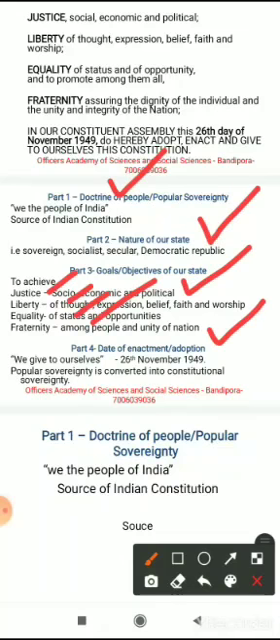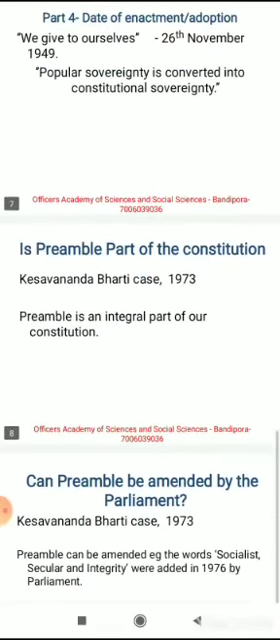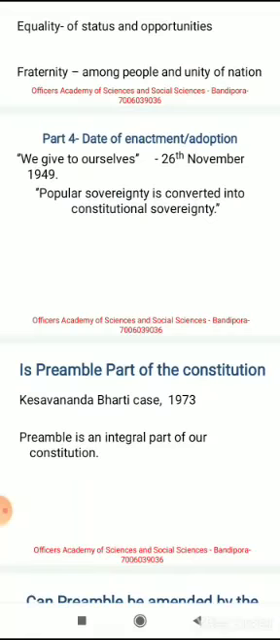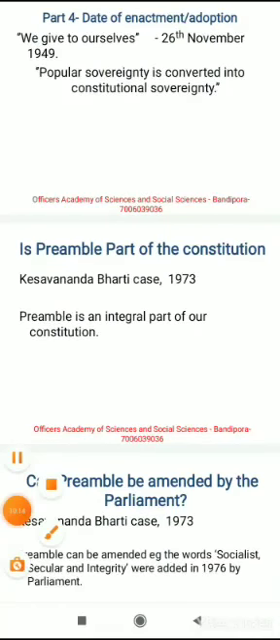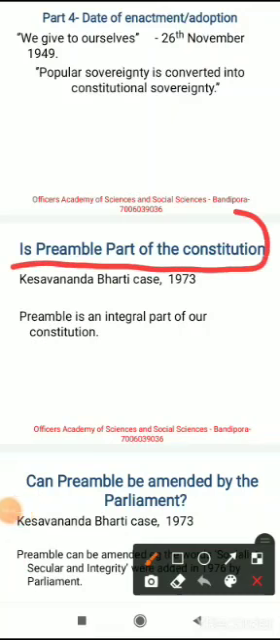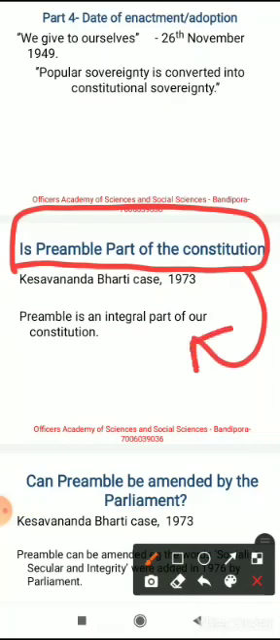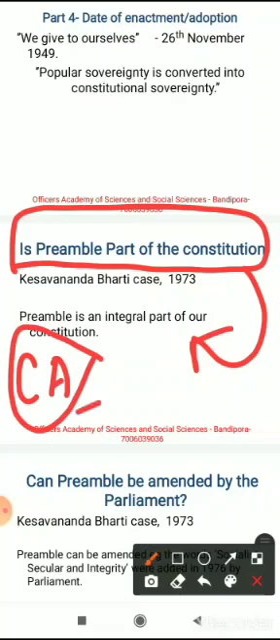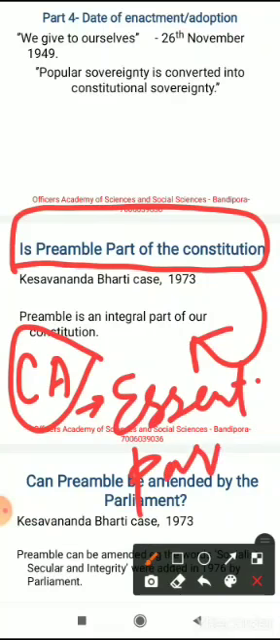Apart from this, we shall have discussion on two more parts. First is, is the preamble part of the constitution? This question may be asked usually. So the answer is yes, preamble is the integral part of our constitution, because it was drafted along with the constitution by the constituent assembly. Now, because it was drafted along with the constitution, it is the essential part of our constitution, because as we said that it